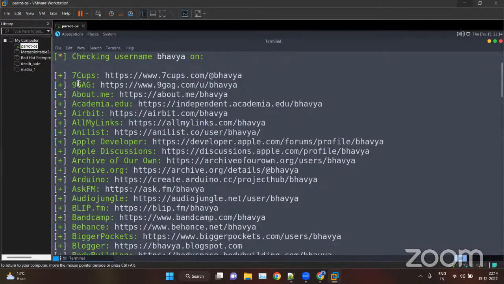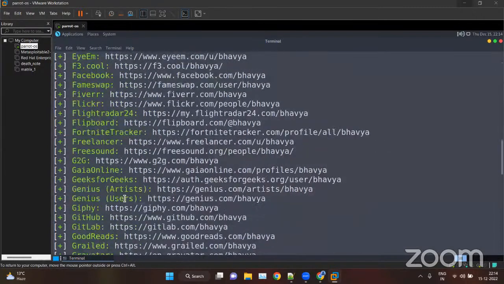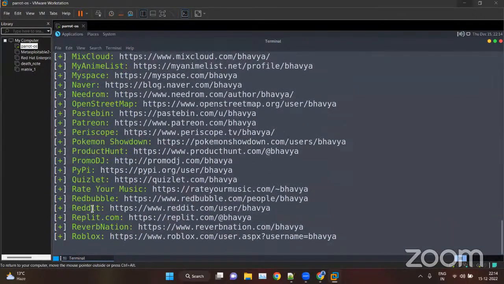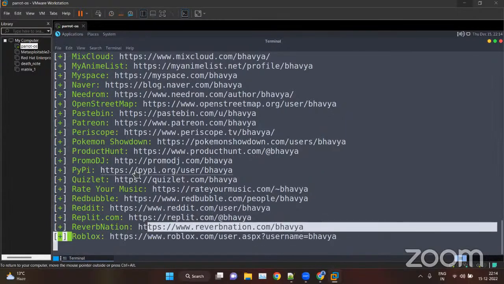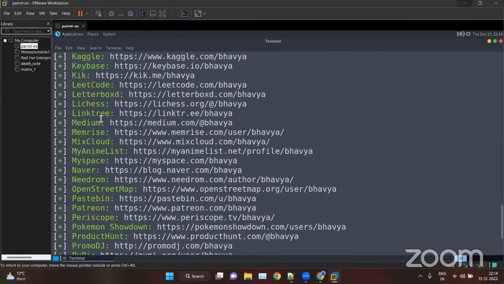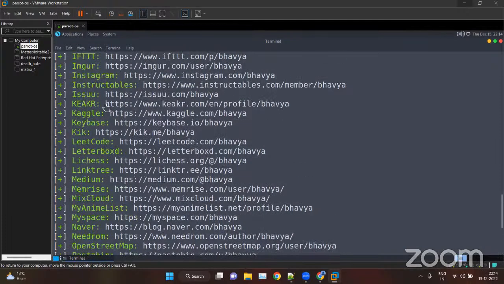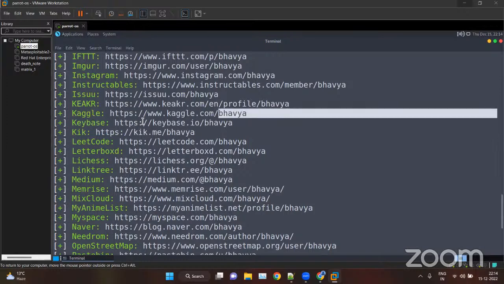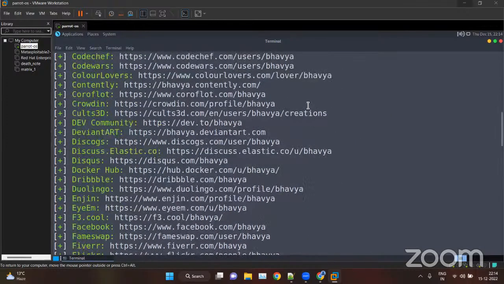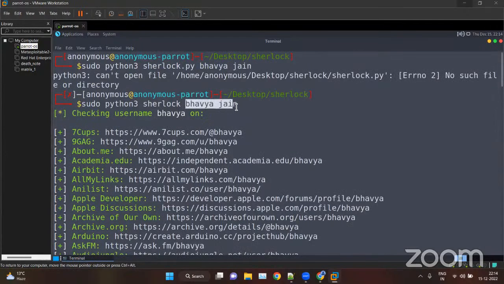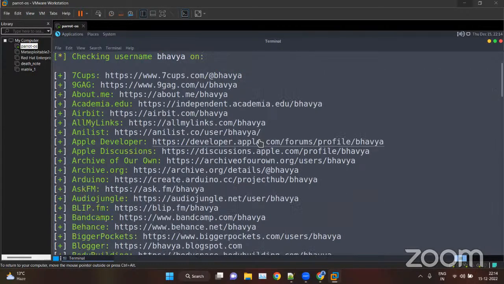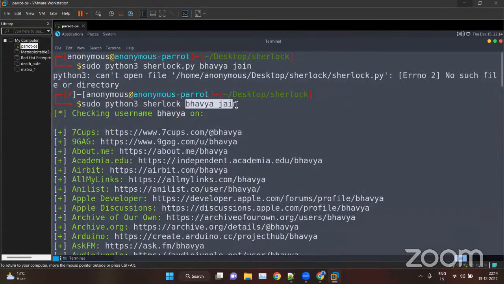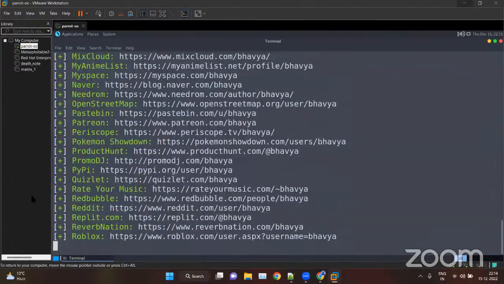So this username is on many social media websites. And I'm not on Netflix. Pastebin, I'm not even on Pastebin. Yeah, I'm on Kaggle, but I'm not sure that it is my username or not. Okay, there are so many of these. So you can put your username here, or any username you want to check for. Basically, this is not the username I use. I use a different one. So let's wait for it. Genius, Pokemon. Yeah.